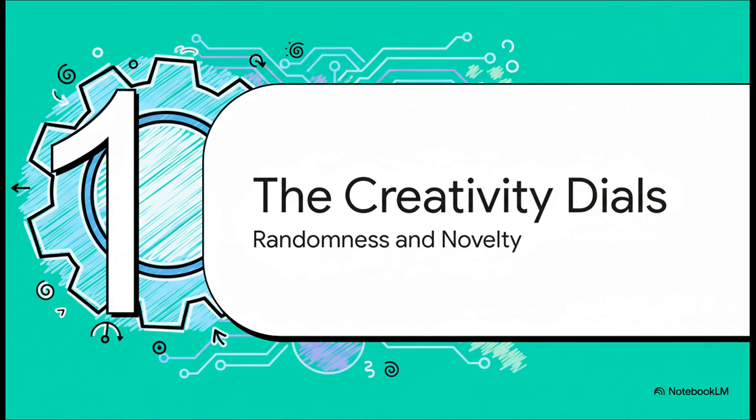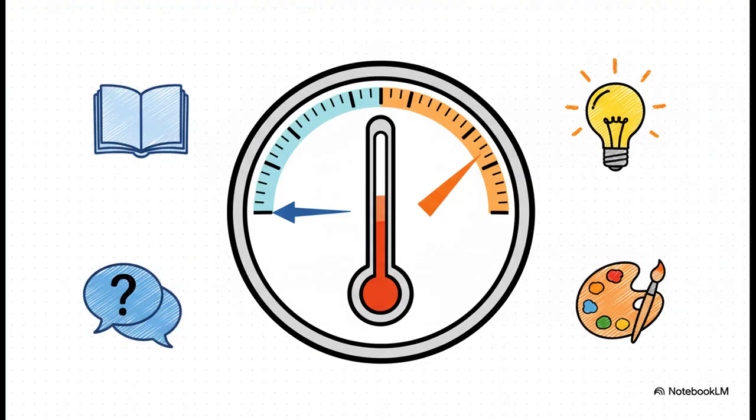Okay, first up, let's talk about the creativity dials. These are the settings that inject a bit of randomness and fresh ideas into the AI's output. They're basically what controls its creative spark. So the most important creativity dial is called temperature, and you can think of it just like a thermostat for